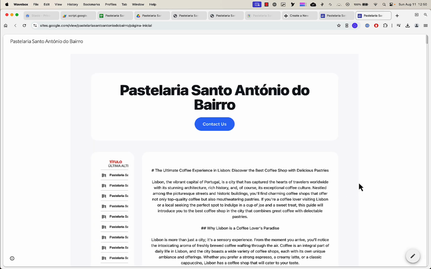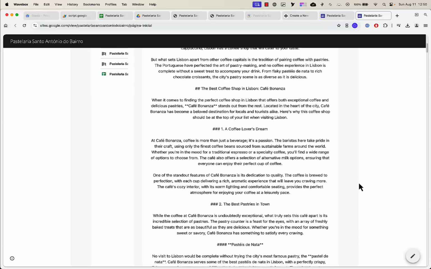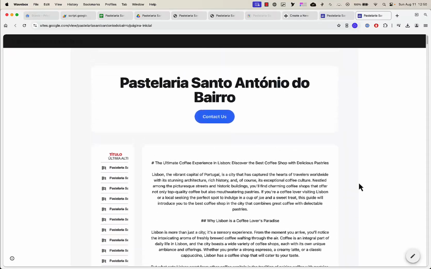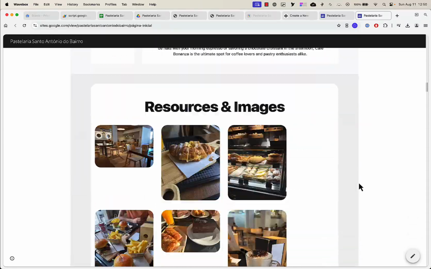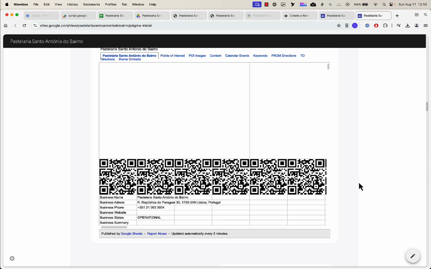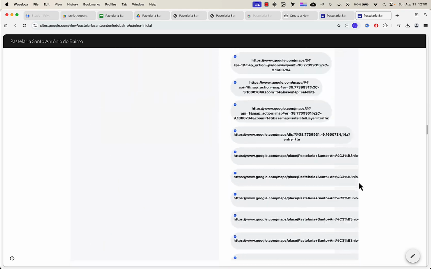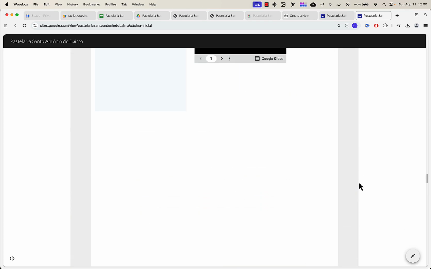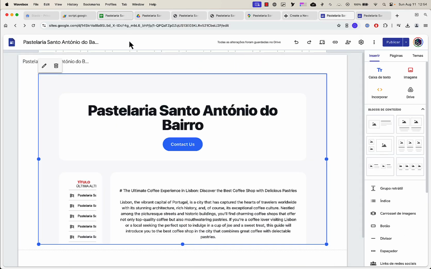There we go. And this is our HTML page, local page, published into a Google site. Okay, just scrolling down, just taking a look at what the Google site looks like. See? So instead of building an embed, uploading the HTML file into a Google site, we could go back into